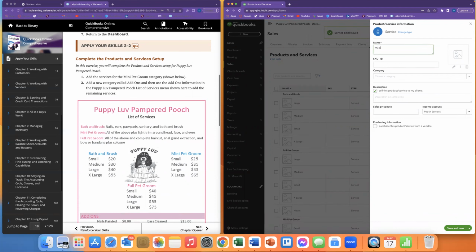Now we're at the medium. And this is very important that you keep the prices correct, because later on they don't tell you the prices anymore. And you just need to be confident that you set everything up correctly. So medium is 35. Okay, save and new. Then there's large,